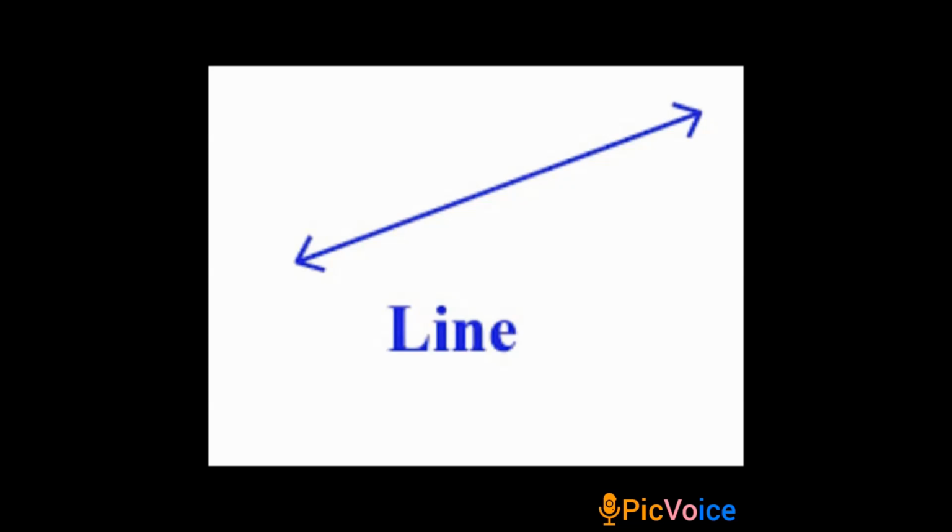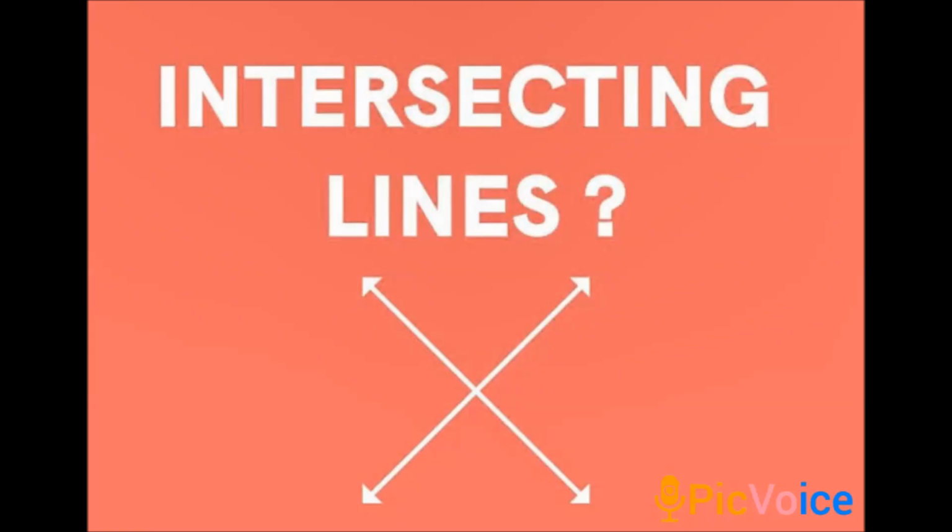My dear children, in today's activity we are going to discuss line and types of line. What are you seeing? You are seeing the diagrammatic representation of a line. See the diagram. We are putting 2 arrow marks at the ends of the diagram. Why are we putting those arrow marks? It means the line extends in both directions. It does not have end points. Also, we can't measure the line, because it extends in both directions.